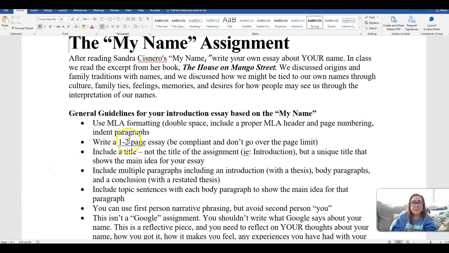I think I pulled up the wrong one. Previous to a couple of semesters ago, I made this a 1 to 2 page essay because Sandra Cisneros' My Name essay was about a 1-page essay. But then I started having a lot of trouble with students not being able to really feel like they had expressed themselves fully in that short of an amount of space. So I made it a 2 to 3 page assignment,